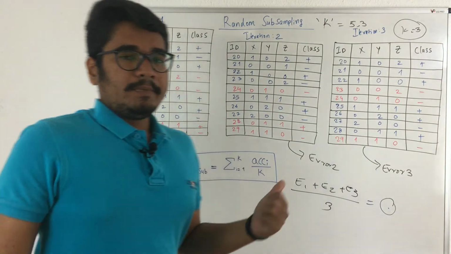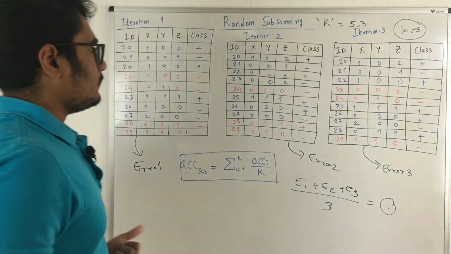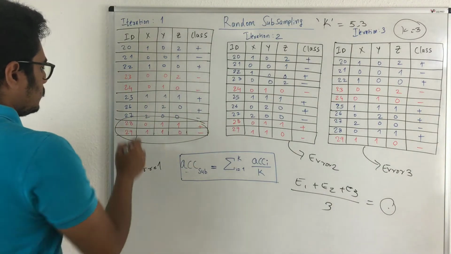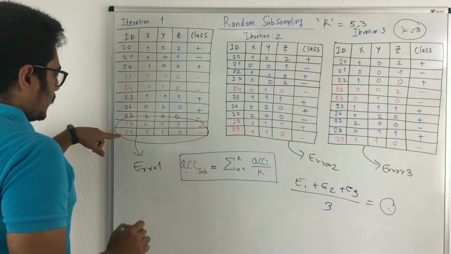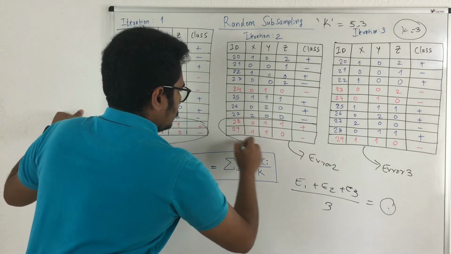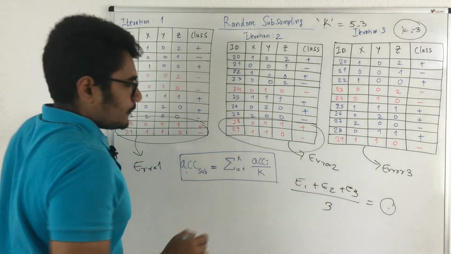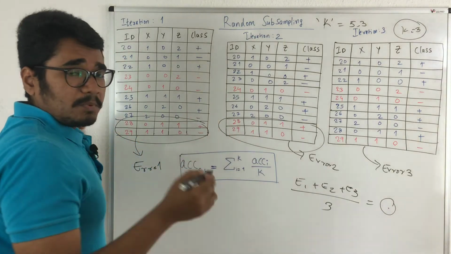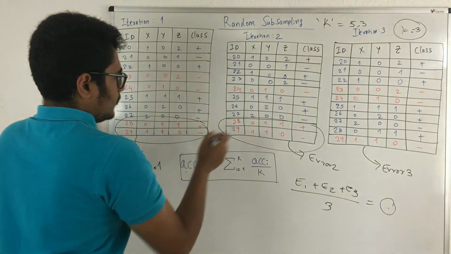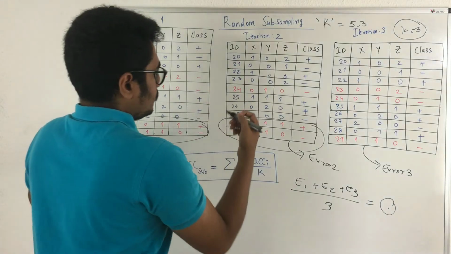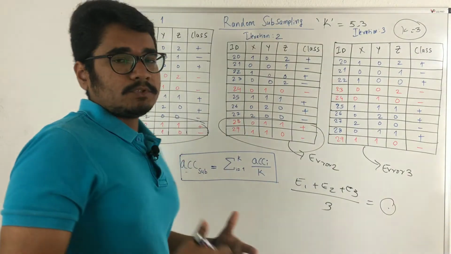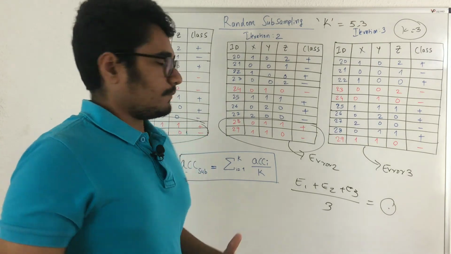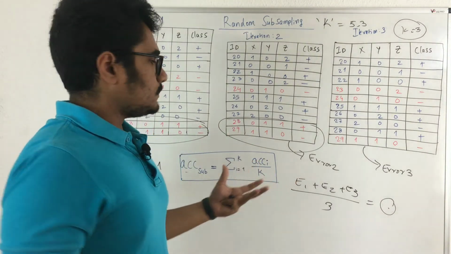Now there is one limitation in this approach. You can see this portion, the 28th and 29th records, which you can also see in iteration 2. This is an overlapping of the test set, so there is a test set overlapping problem. That is the main disadvantage of this approach: you don't have any control over how many times your training and test data will be used in further iterations. That is unknown to the user. That is the main disadvantage of this.